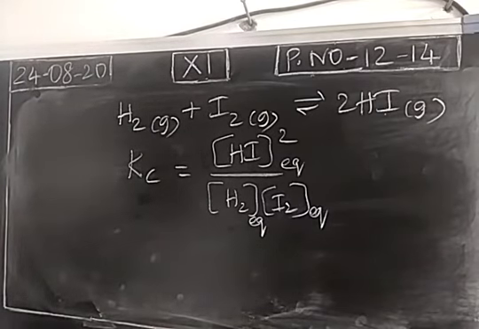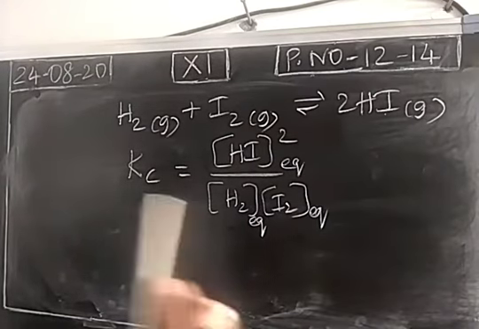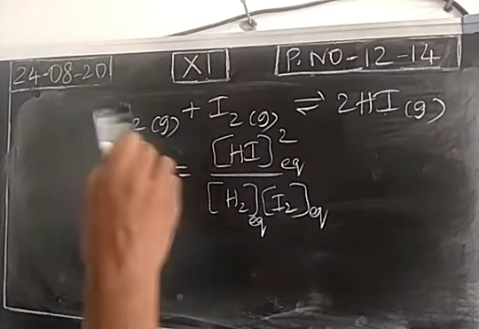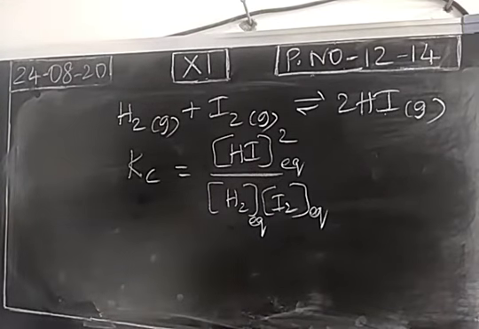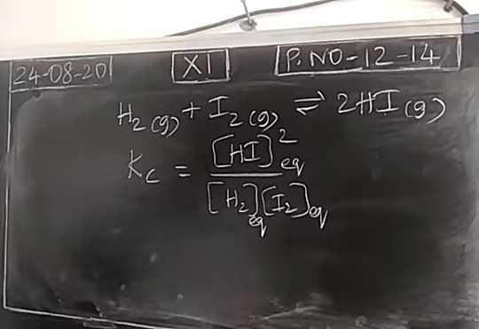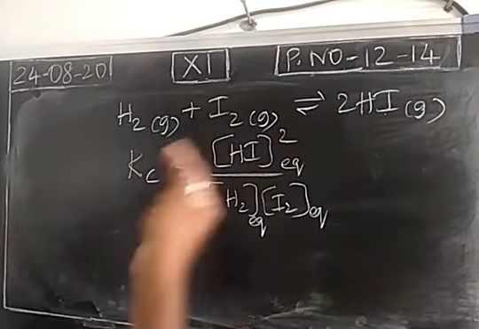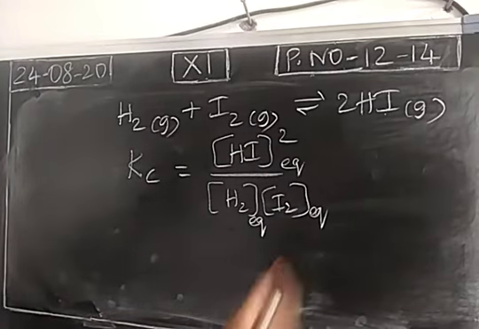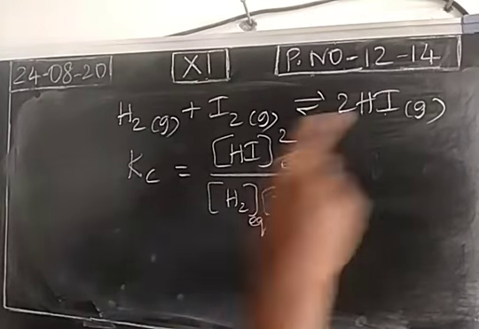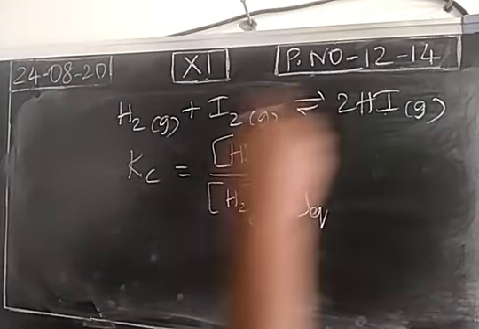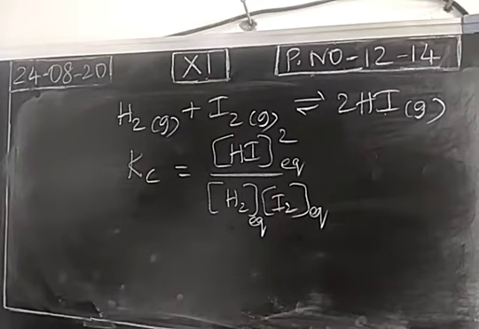So this is a public 5-mark question. Calculate the equilibrium constant for the formation of hydrogen iodide. Why do we use the words formation of hydrogen iodide? Even though equilibrium is reached, we consider the forward process. Right. The forward process is the formation of hydrogen iodide. The backward process is the dissociation. This will be dissociated to produce iodine as well as hydrogen. So we consider the forward process. For the formation of hydrogen iodide, calculate the equilibrium constant.